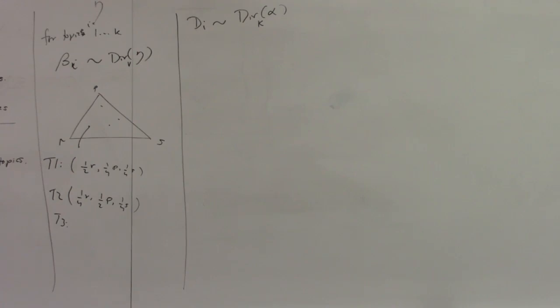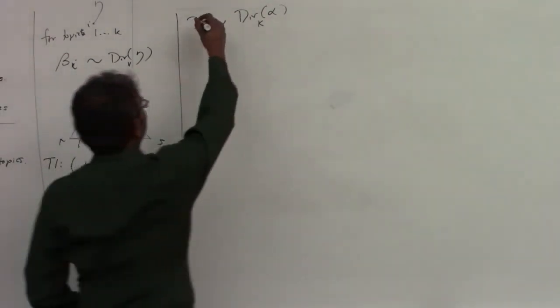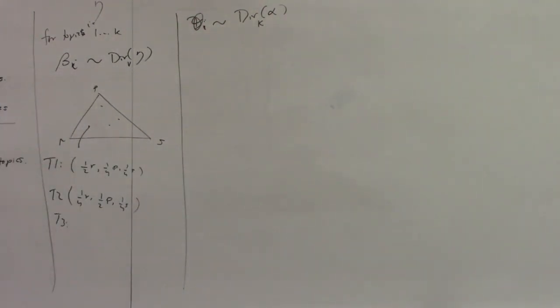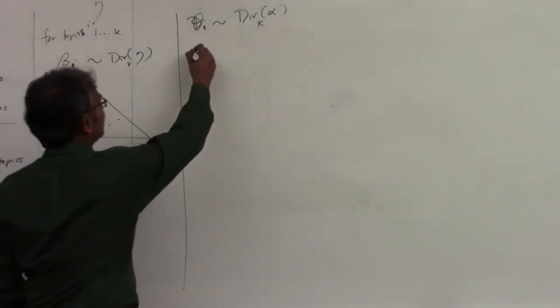Okay? So now I have two things. For each topic, I have a distribution over words. And for this particular document, I have a distribution over topics. But the document is empty. It's completely empty. So now what do I do? Let me define theta_i as a parameter for a particular document. And now I have to generate the words of the document.